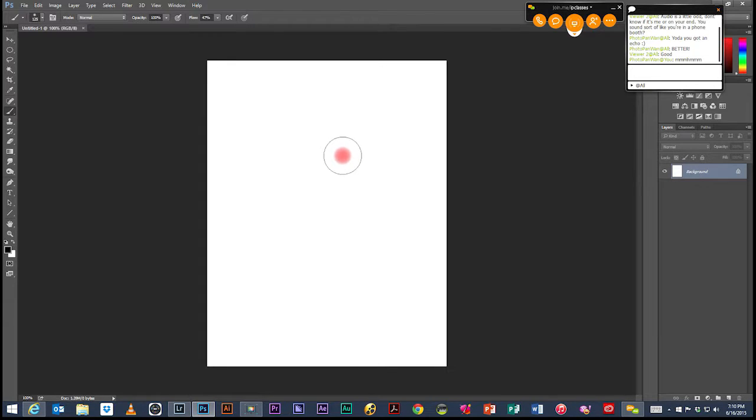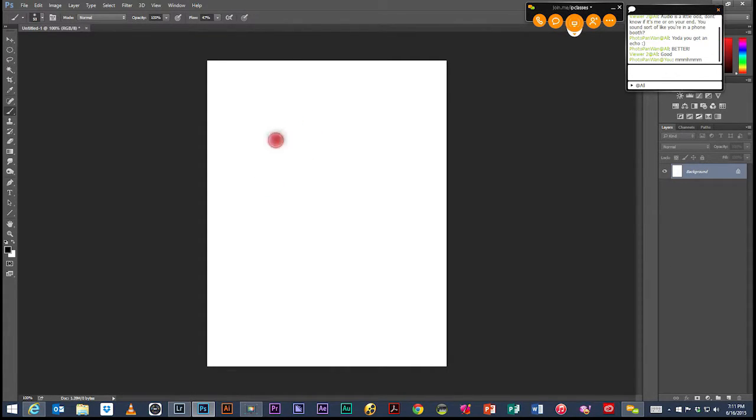So I'll try to cover those shortcut keys too as I go through and use them. I am working on a Wacom tablet. I have the Intuos Pro Small. It's pressure sensitive. So in other words, if I'm working with a brush,